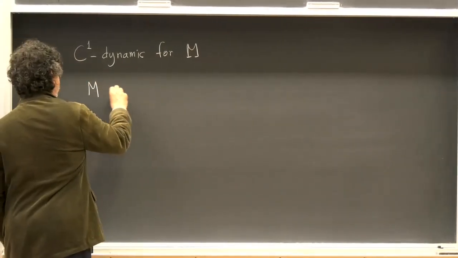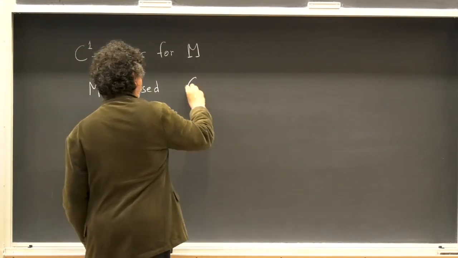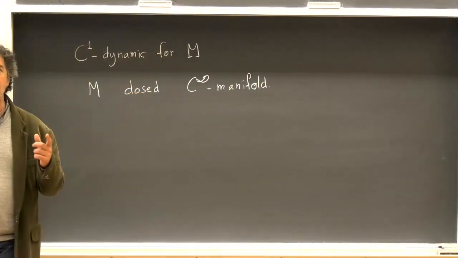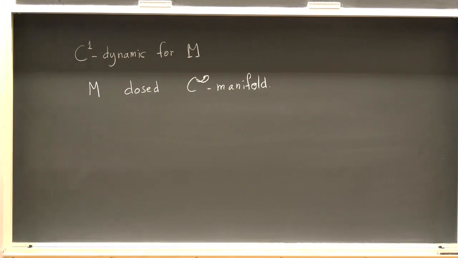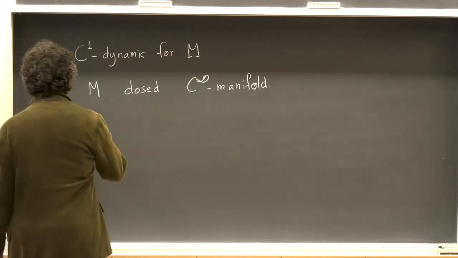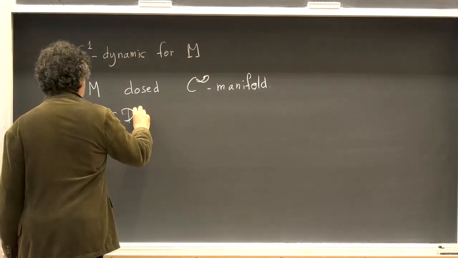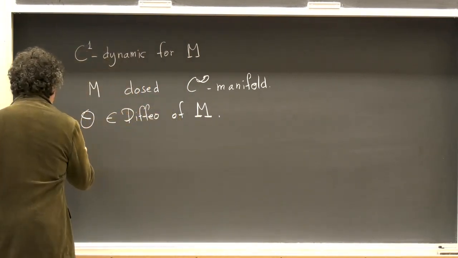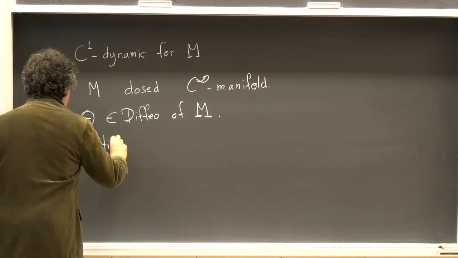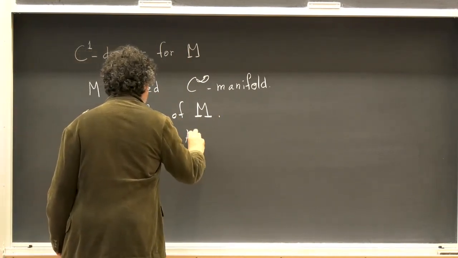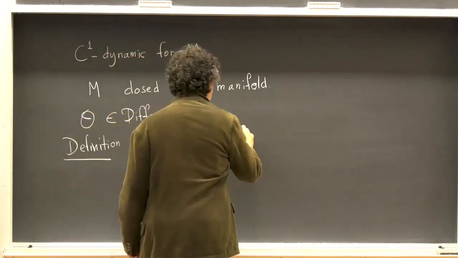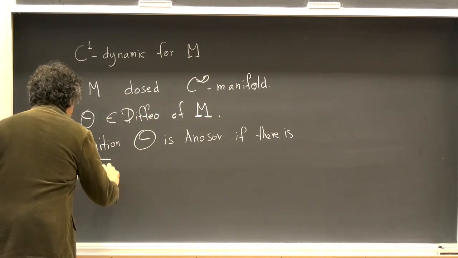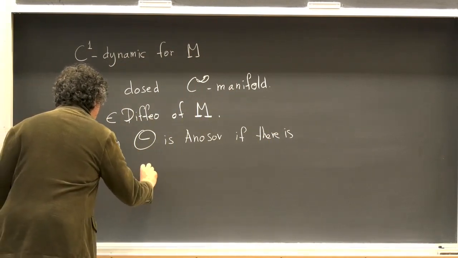Now you assume that M is a closed, smooth manifold. For French speakers, closed means compact, without boundary. Okay, and you take theta, a diffeomorphism of M, and by definition, you say that theta is Anosov if there is a decomposition of the tangent bundle TM as a sum of two subbundles EU plus ES,